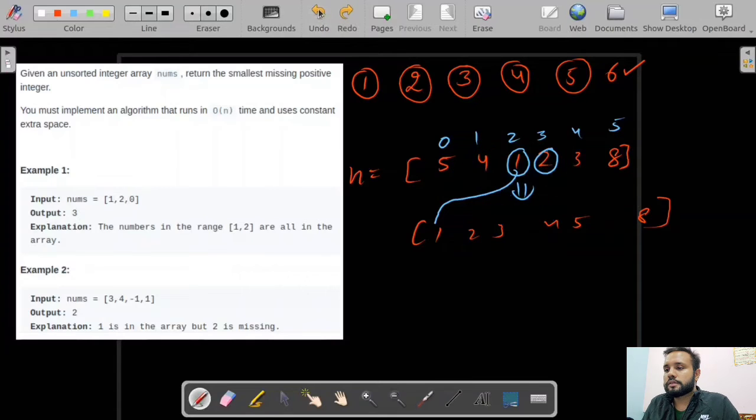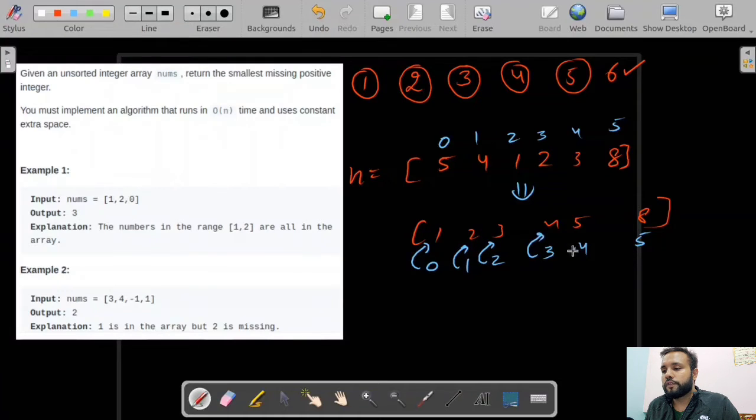Okay, this is a bit of a mess. Let me write it here: 0, 1, 2, 3, 4, 5. If the array is sorted, index 0 will contain 1, index 1 will contain 2, index 2 will contain 3, index 3 will contain 4, index 4 will contain 5. I think this pattern is clearly visible, because if all the numbers in the range 1 to n are present in this array, then the indexes of all these numbers will be 0 to n minus 1. And if some number is missing,